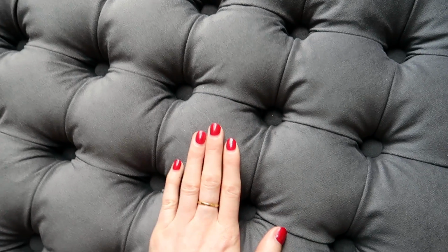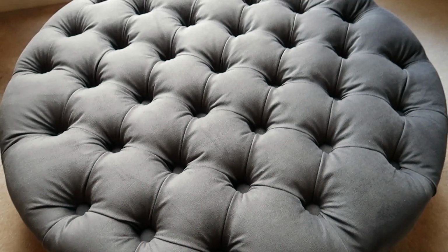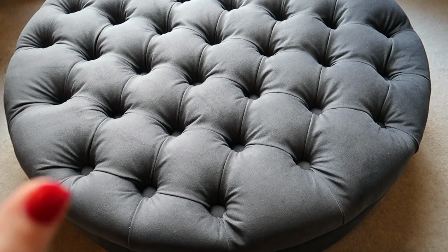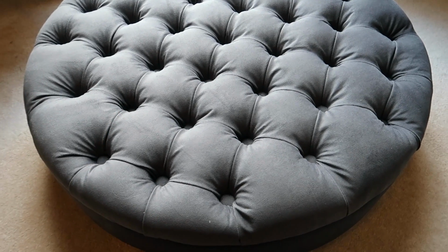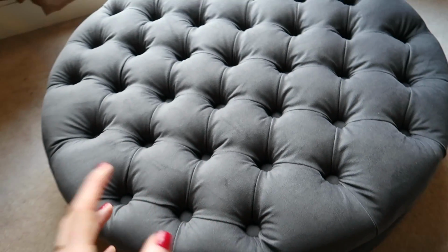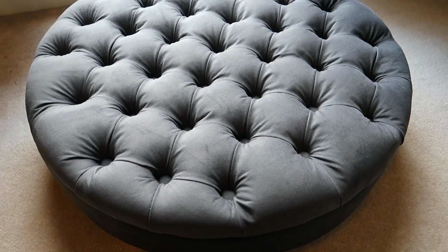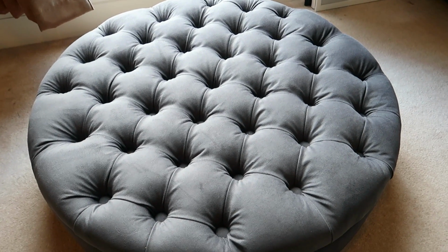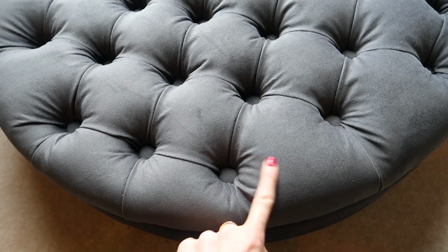So this colour grey is a little bit more charcoal coloured, whereas the other one in my bedroom is more of a French grey. So I will link to the swatches of the colours below so you can see the difference. But for the ottoman in my office, I wanted it to be a slightly darker colour. I was really tempted to go with blue. I'm not gonna lie, they have a beautiful blue shade in this velvety Casablanca fabric,